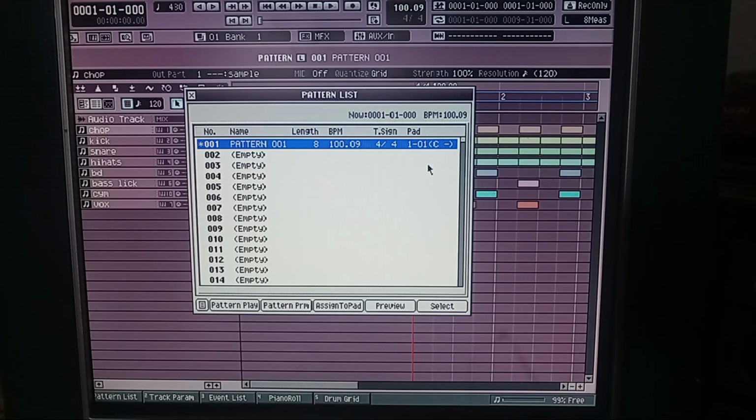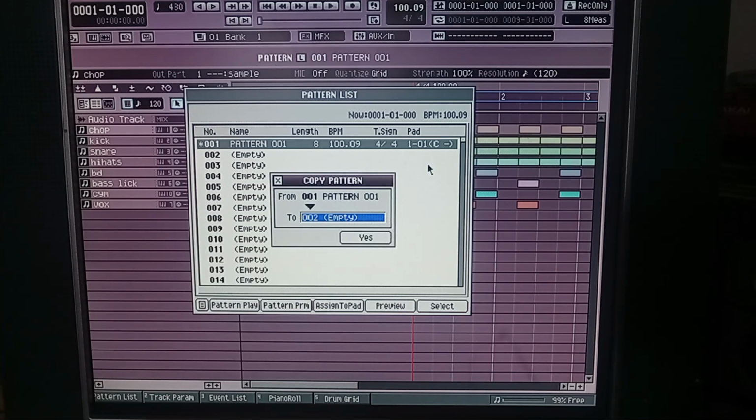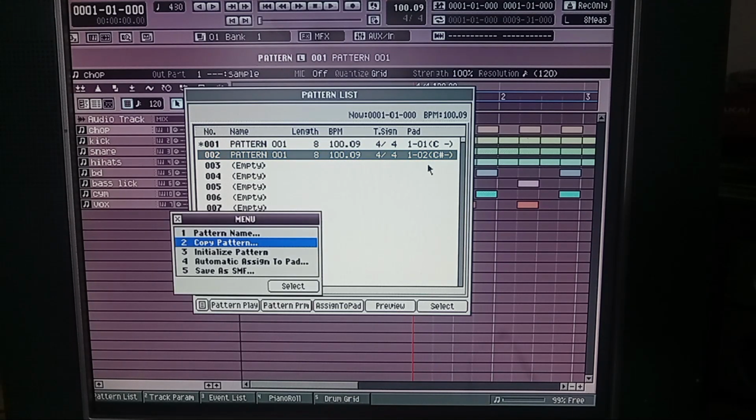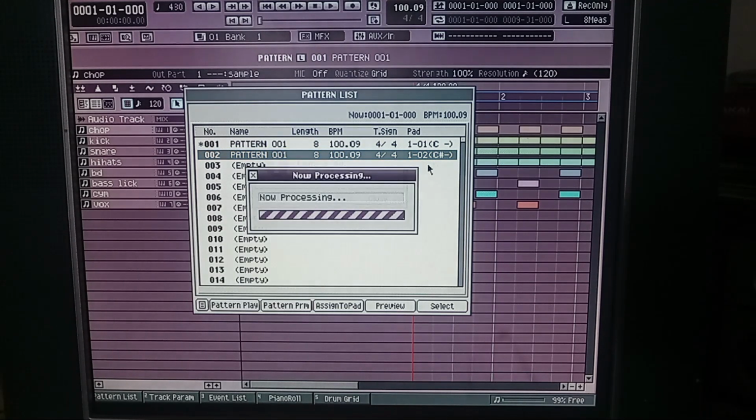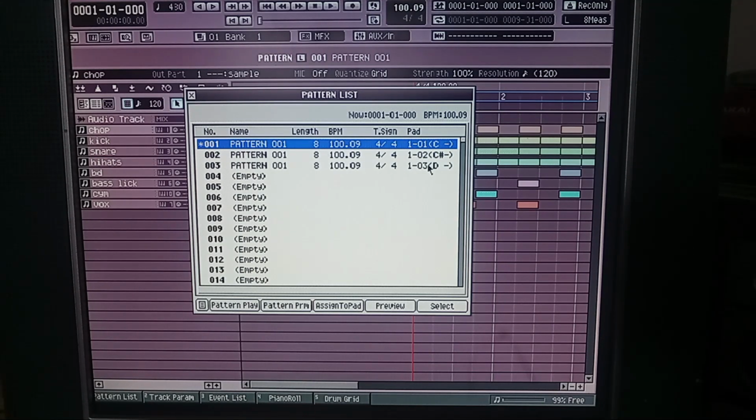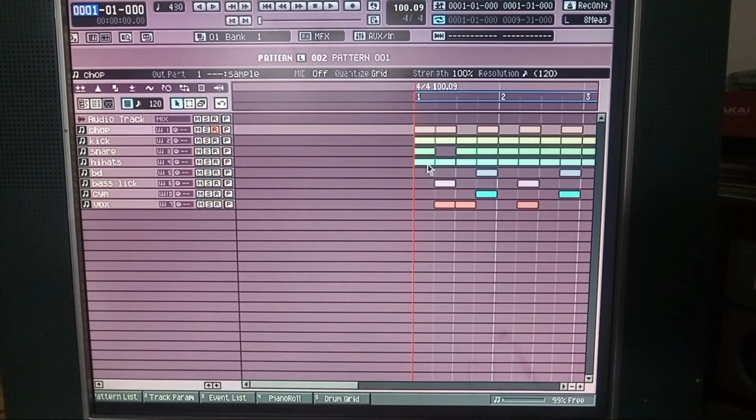So I will hit menu, go down, copy pattern, go to 2, menu, copy pattern. So now I have 3 patterns. The first pattern is the hook or the chorus. The second pattern, I want to make the verse where the MC or the singer can sing over it without